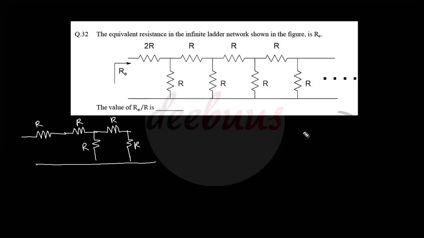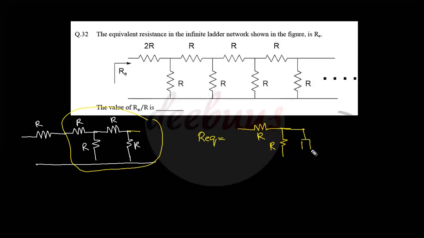So now I am calculating, first of all, the effective or equivalent resistance of this R ladder network. As it is an infinite ladder network, I am marking R equivalent equal to R, again R. This part is actually repeating, so I am marking it as R equivalent. As this part is again repeating, this is actually the building block, again another building block, again another one. So I am marking this as R equivalent. Now R equivalent equal to R plus R parallel R equivalent, right?